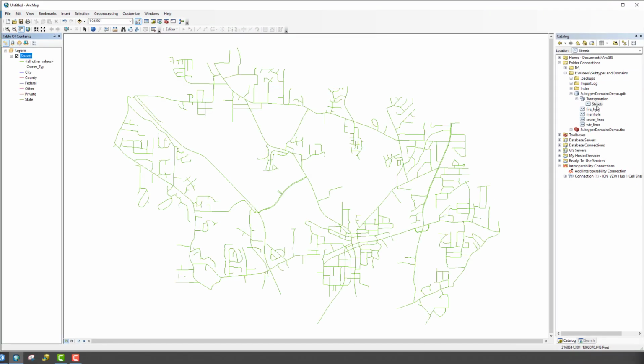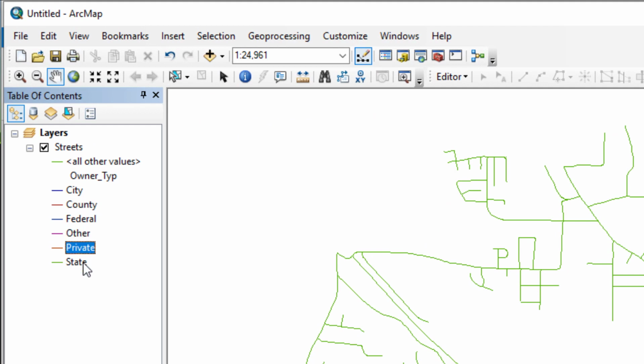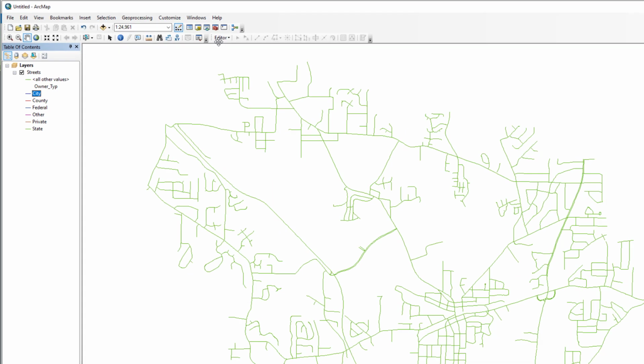Also note I brought my center lines in for the streets, and look, it created the symbology for each of the subtypes available. Now this is important because when you do have subtypes, for domains and things to work, you must actually have features populated with the appropriate subtype in there. So this would mean any new data, if I were to start editing